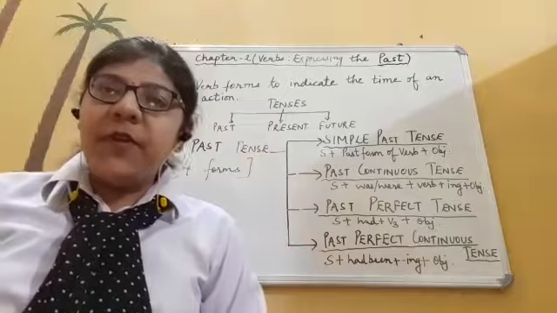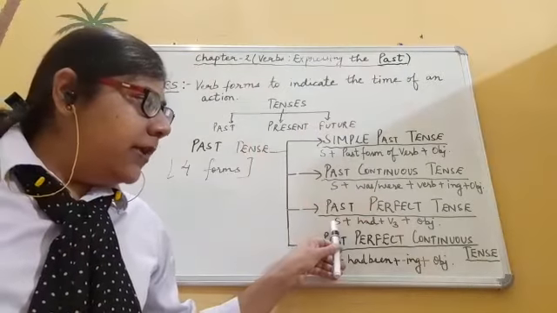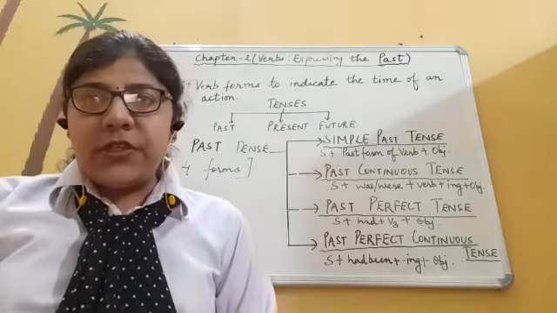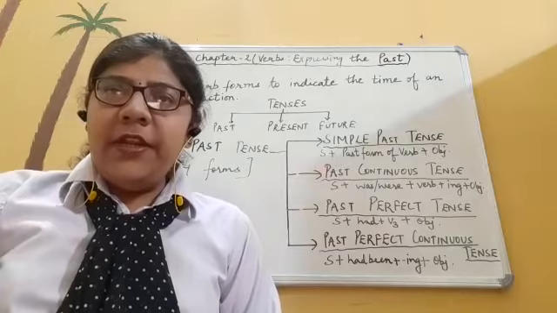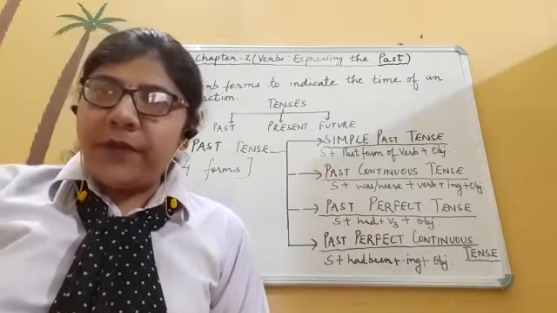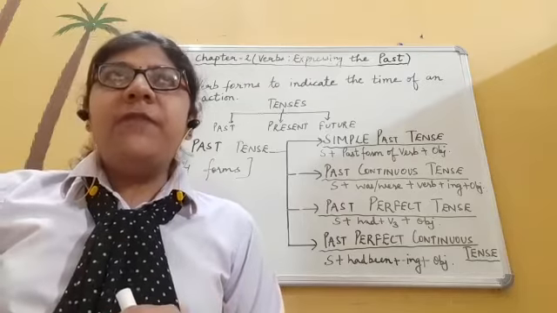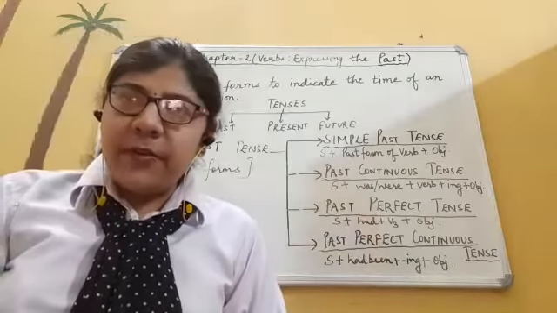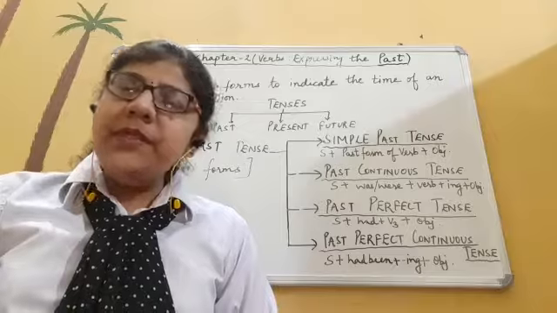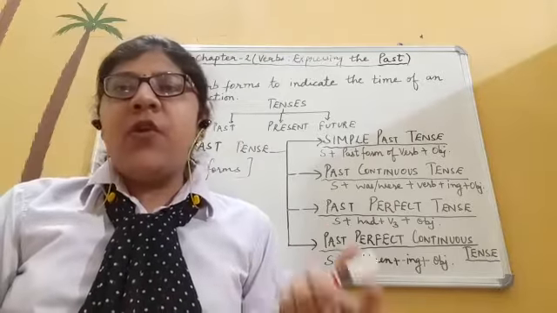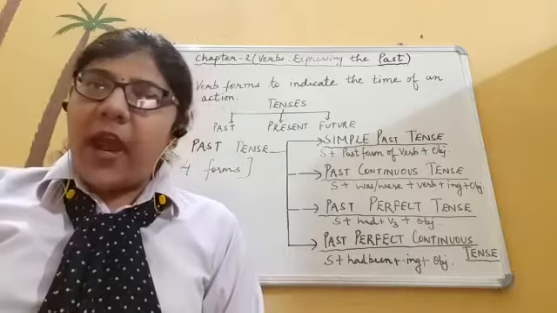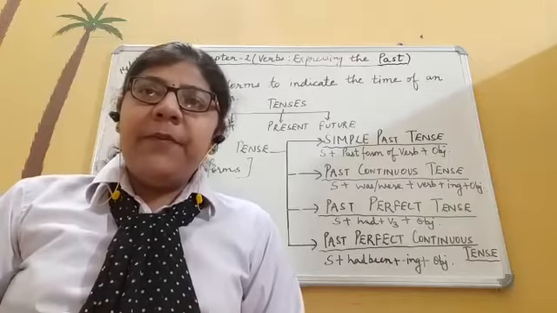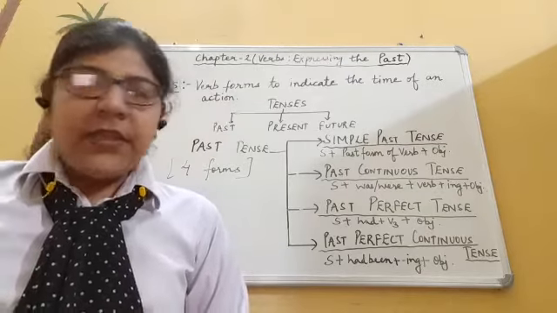Okay, so in the past perfect tense, you need to remember the formula will be subject plus had plus third form of the verb plus object, or we can say subject plus had plus past participle form of the verb plus object. So in the past perfect tense, had is mandatory, and along with had, the third form of the verb or the past participle form of the verb is mandatory. With singular subjects or with plural subjects, we have to use had only. Okay, so the actions which got completed prior to any other action in the past, they come in the category of past perfect tense.